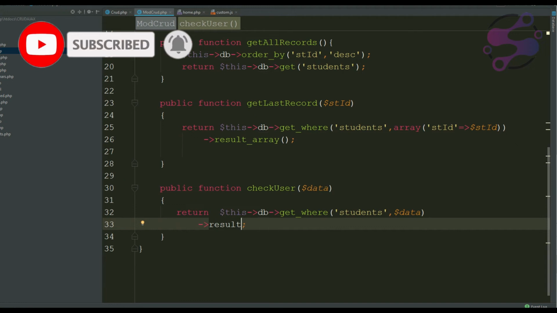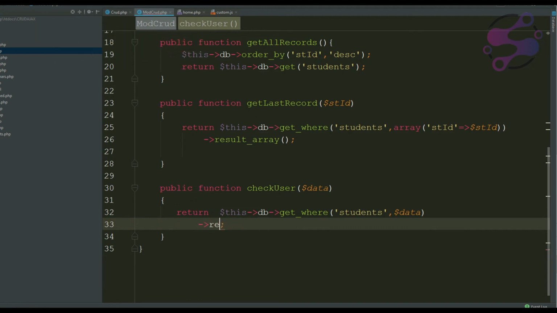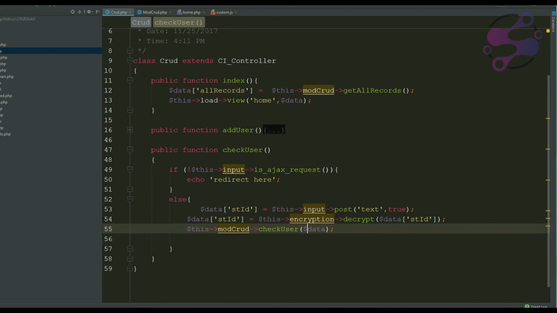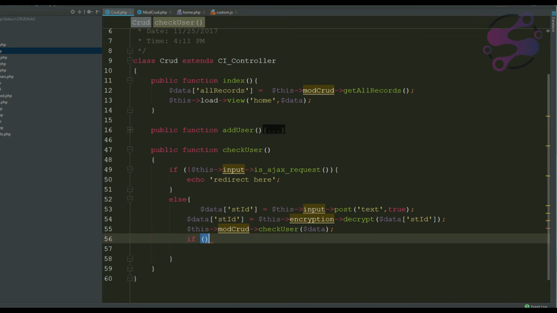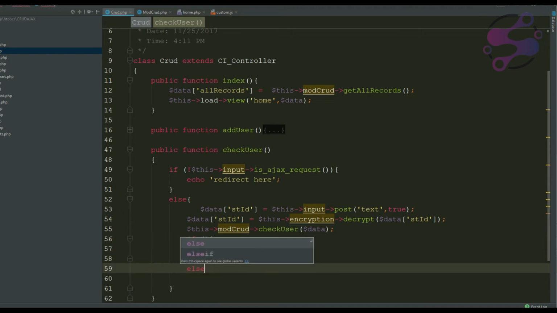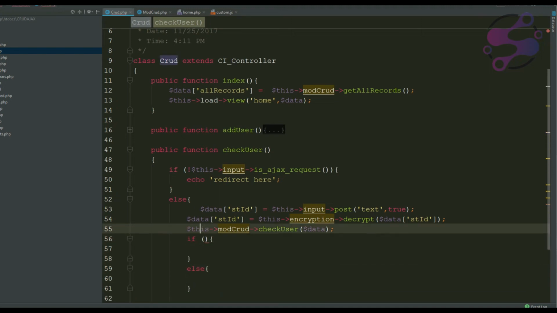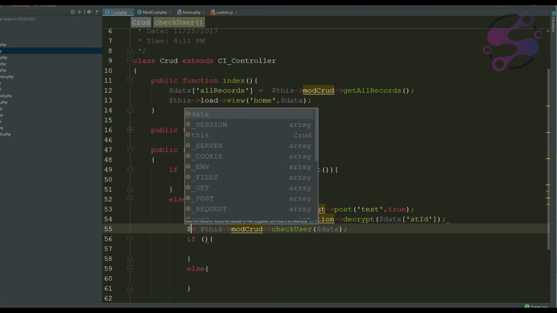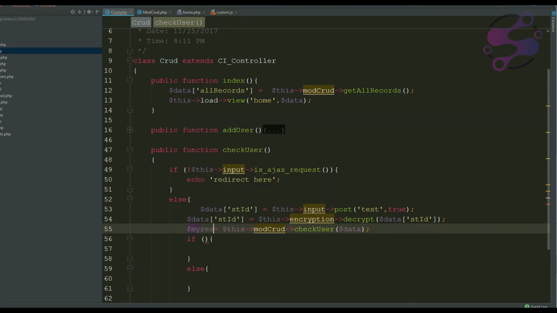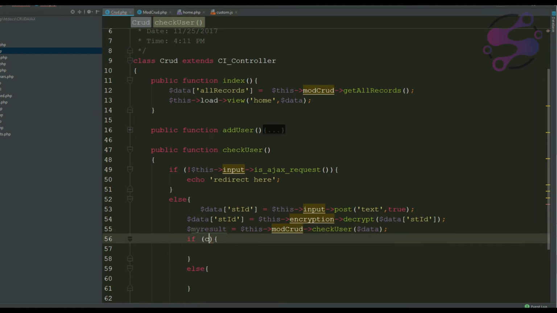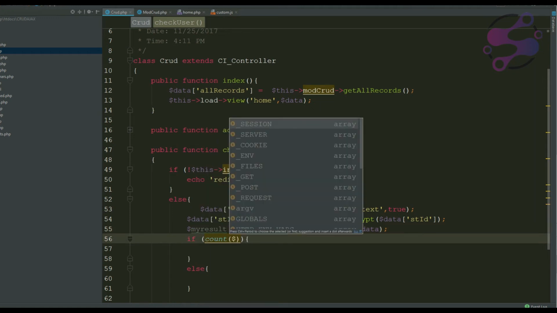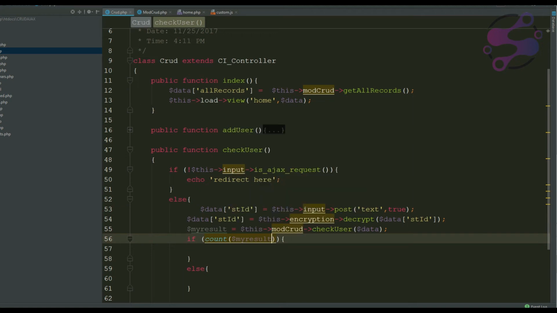So I'm saying array result. Make sure array result. So go to your method, go to your controller, and check out whether it's coming or not. That's why I'm saying store this inside the variable. I'm saying my result, and I'm saying if the count, because it's coming as an associative array, if my result count equals 1,